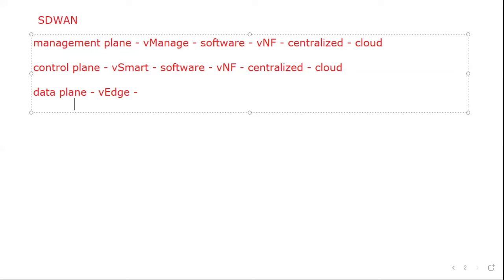The first format is software, a VNF, but it is not centralized. It has to be at the customer premises, meaning it's a managed CPE. It has to be on the customer premises.